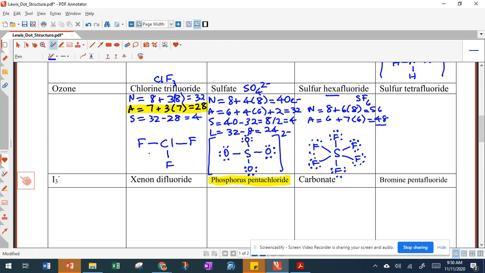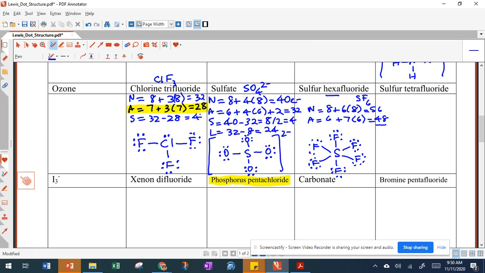Now what we're going to do is make sure each fluorine has 8 valence electrons, so we're going to add 6 more electrons to each fluorine. We're then going to make sure that chlorine also has 8. Now, if we start counting up our electrons, we want to make sure we're using 28 electrons in our structure. So we see here we're using 6, 12, 18, 20, 22, 24, 26. We're only using 26 electrons in our structure, yet our available tells us that we should